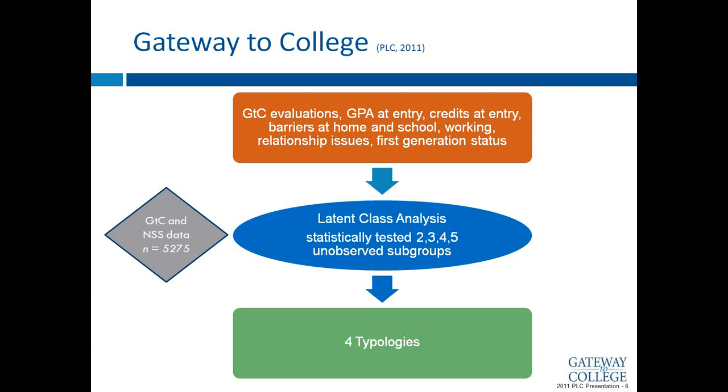And from the new student survey, to approximate some of the information that Bowers had, we used those scales about barriers. We looked at whether students were working because we thought that would be important, and also their first generation status. And we tested 2, 3, 4, and 5 groups. You can see I made a pretty strong assumption there that we did not have just one group of students. And we really landed on 4 groups that make sense both statistically and hopefully meaningfully. And now we're going to look at who those groups are.